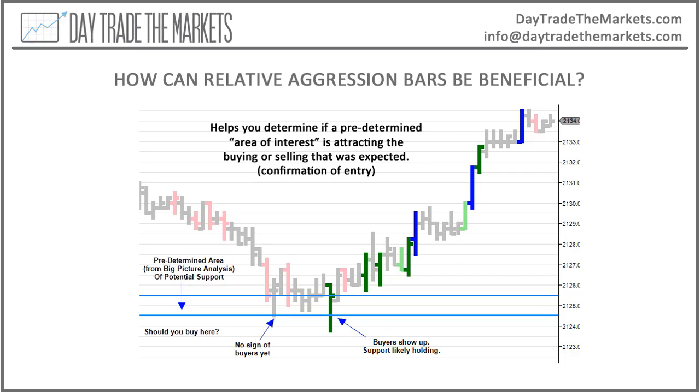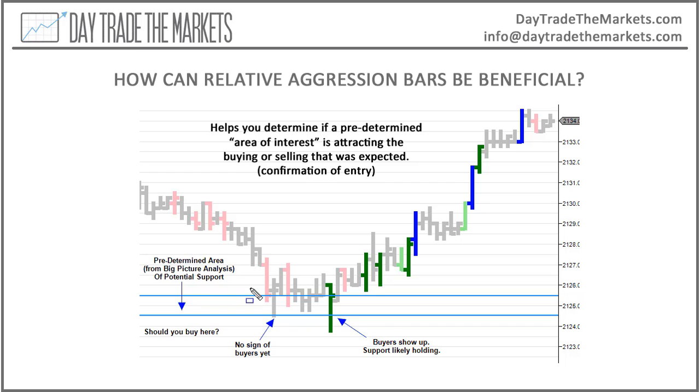Another way that you can use this is if you use predetermined areas of support and resistance, or supply and demand, or whatever you want to call it. If you're looking at a specific area to potentially be a buyer or a seller, you could certainly just throw a limit order in there and hope that the train comes to a stop before it hits you, so to speak. But a little bit